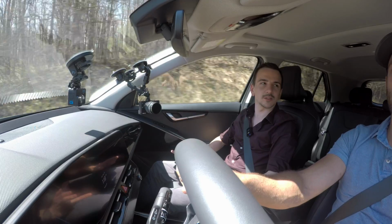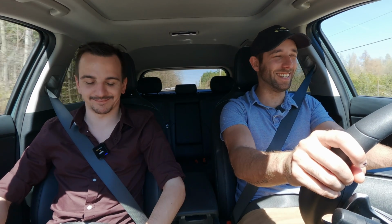But yeah, so basically this car, there's just nothing really wrong here. Like, it's totally adequate. It's smooth, it's comfy, minus the piano black inside and out for you. But